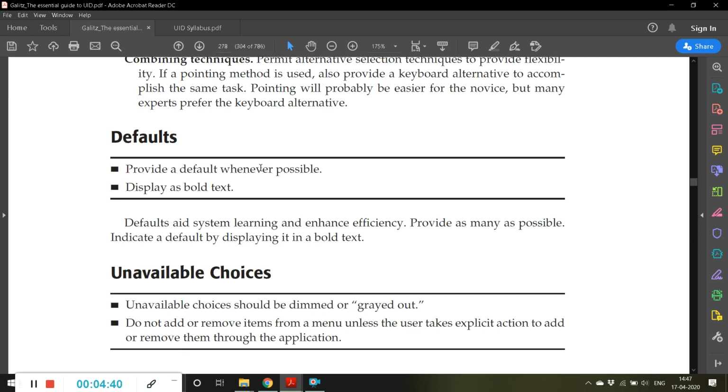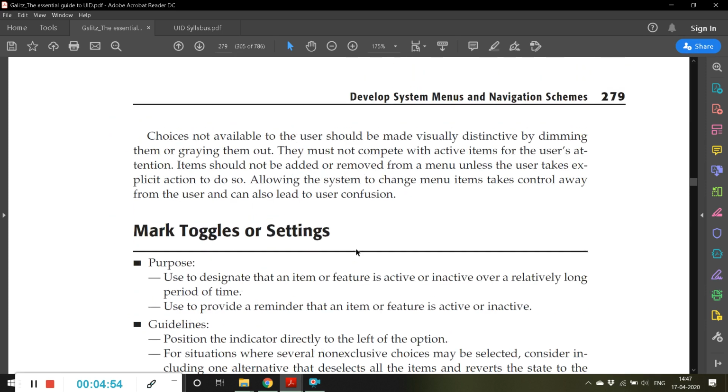Provide a default whenever possible. Display it as bold text. Defaults aid system learning and enhance efficiency. Provide as many as possible. Indicate a default by displaying it in bold text. Then,